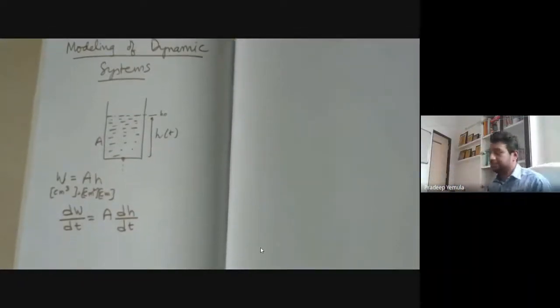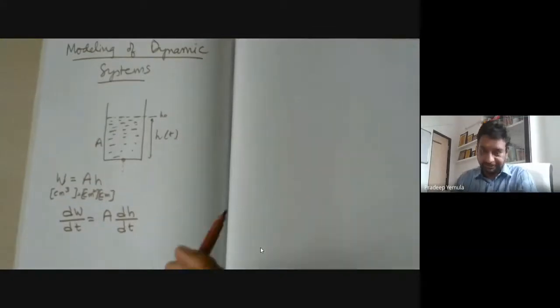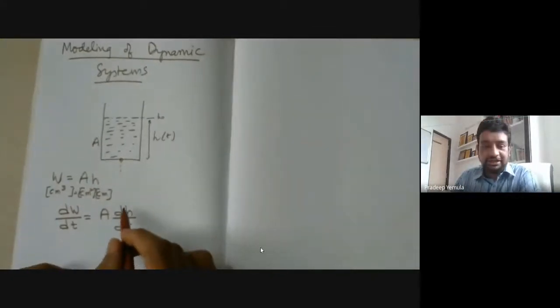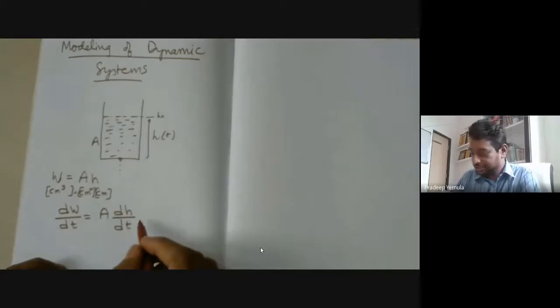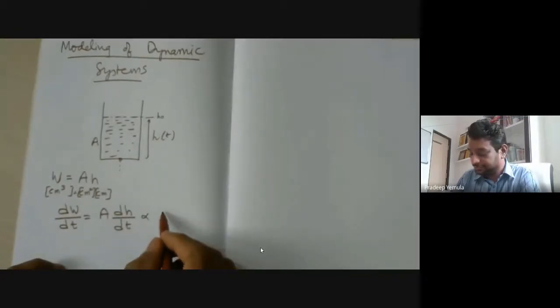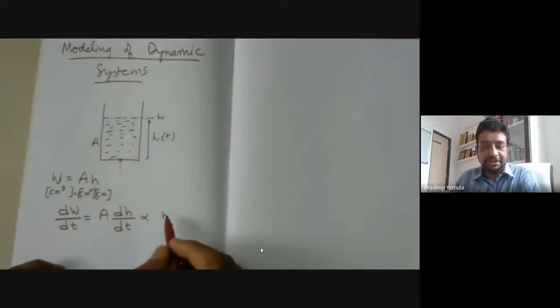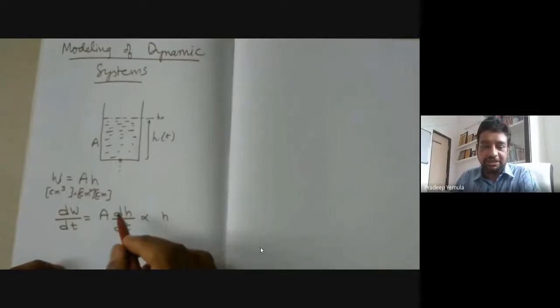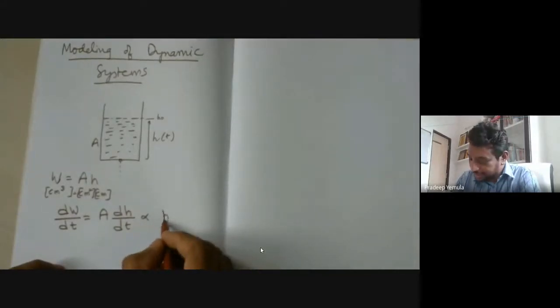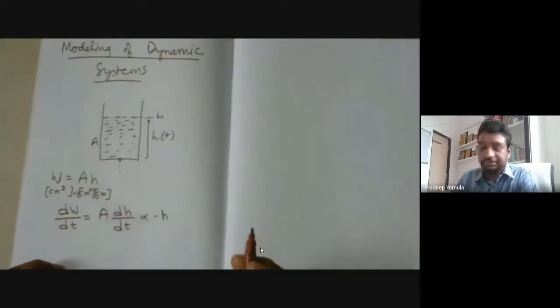So that is what I am expecting to see. Okay? So I will say that rate of change of height dh is proportional to h itself. That means if more height is there, then more water will flow, and if less height is there, then less water will flow. In fact, to be accurate, I should put a minus sign here, because